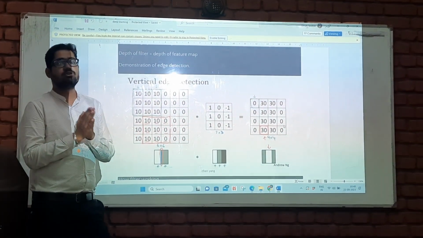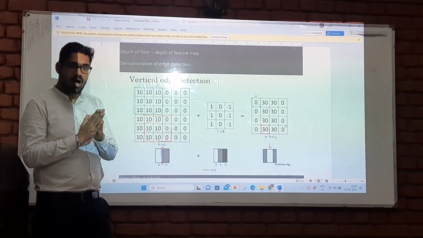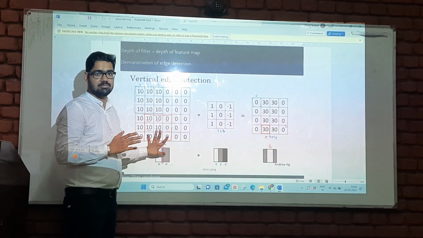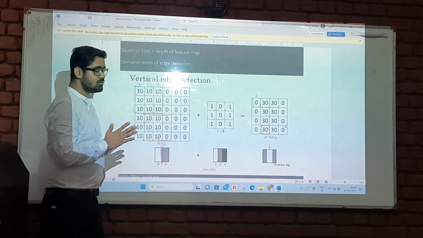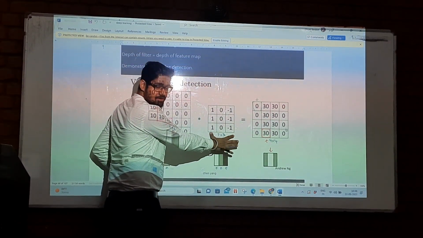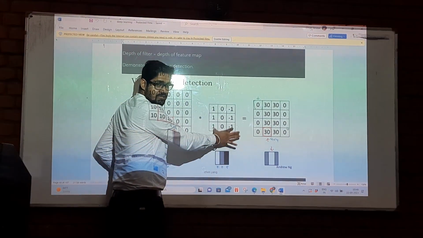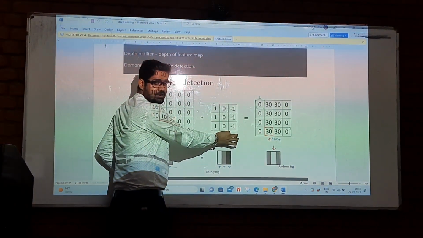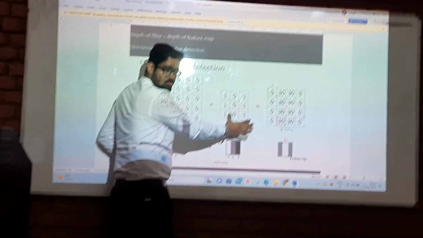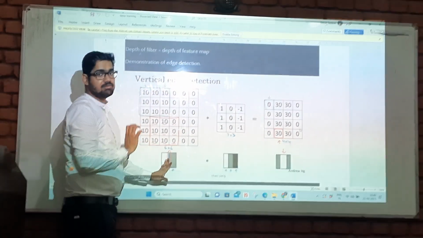And now by using a convolutional neural network and filters, we will try to understand how a filter can detect an edge in the given image. So let's start. First of all, we take this 3 cross 3 matrix. This is called a filter, and it contains numerical values which are known as weights. These are weights similar to our ANN, but enclosed in a matrix. And through this filter, we are going to detect where the edge is present in the image.